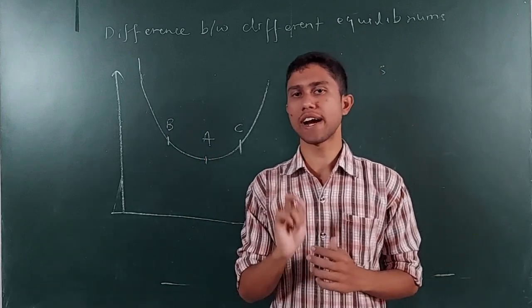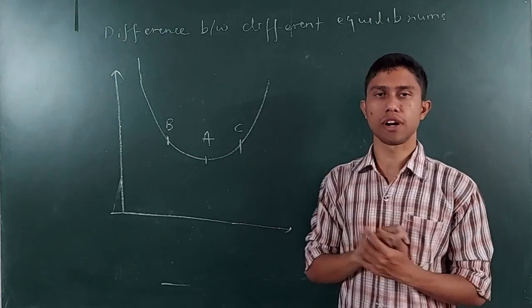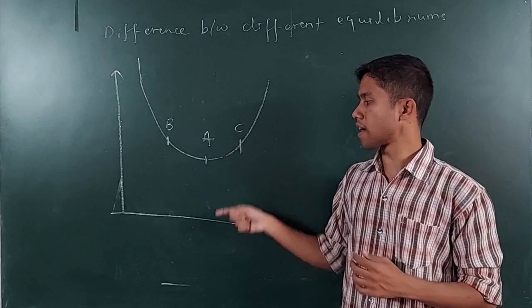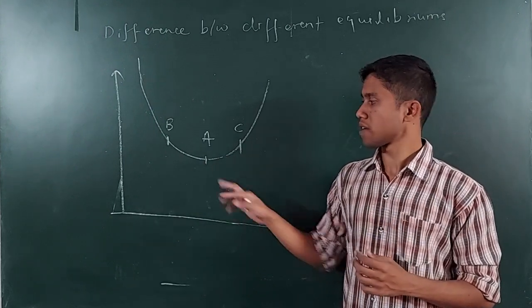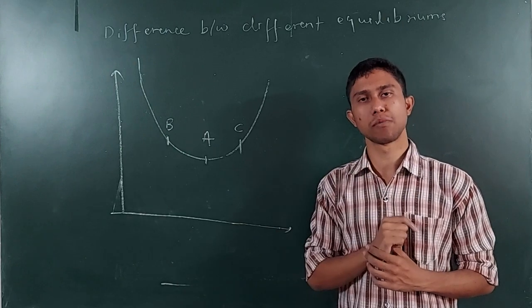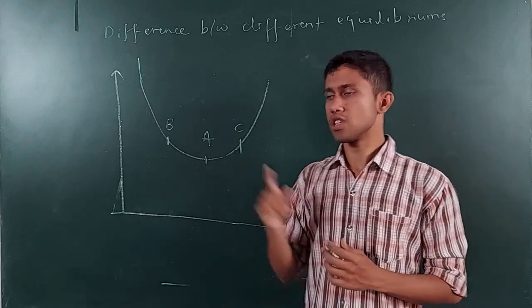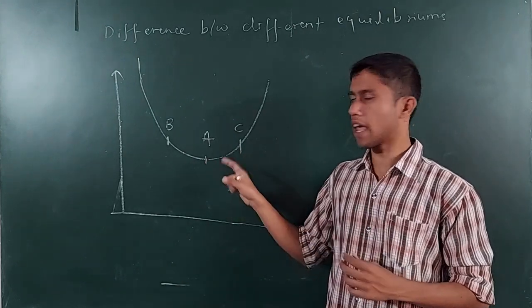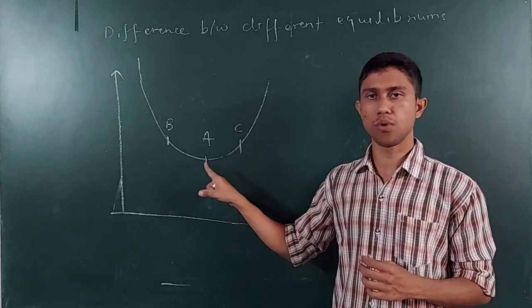I have told you how to find the equilibrium. In stable equilibrium, just see the bottommost point, because here if you take a tangent, it will be parallel to the x-axis. That will be the equilibrium point. For unstable equilibrium, it will be the uppermost point, and in neutral equilibrium, each and every point will be an equilibrium point. So in this condition, the bottommost point, which is A, is the stable equilibrium. So I have denoted the first point A over there.